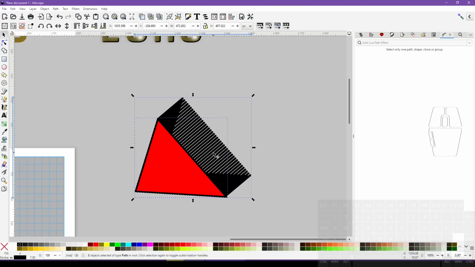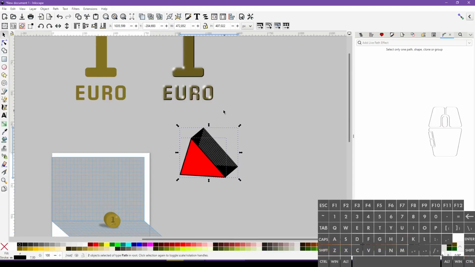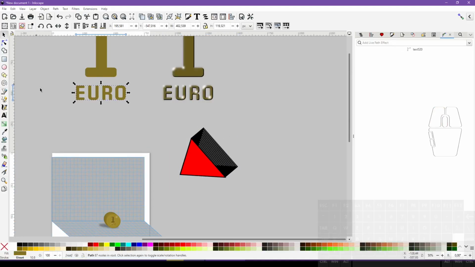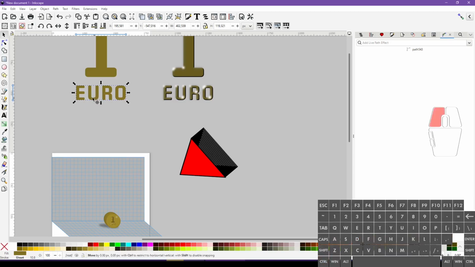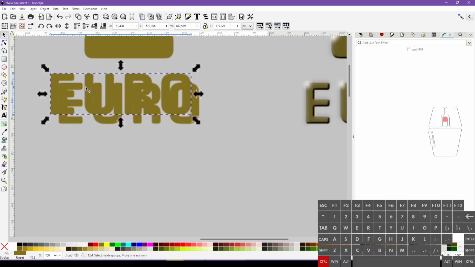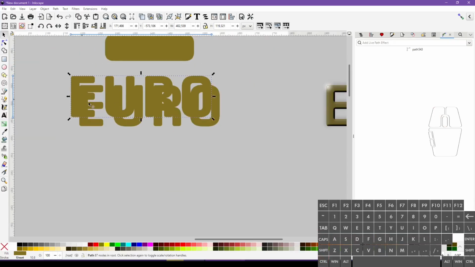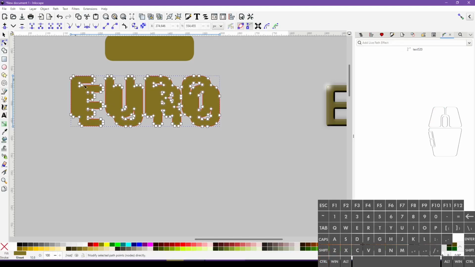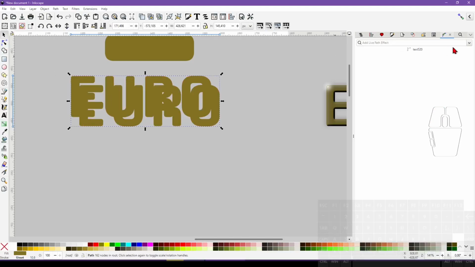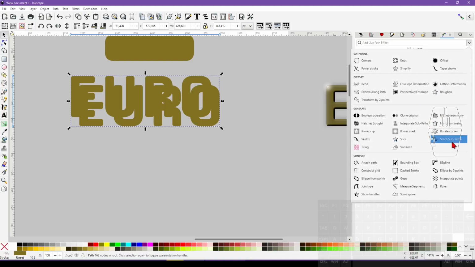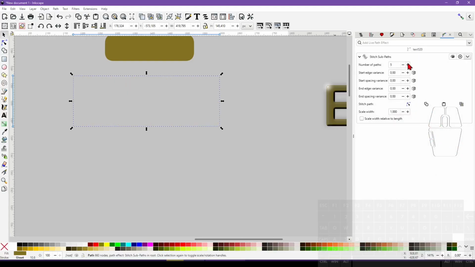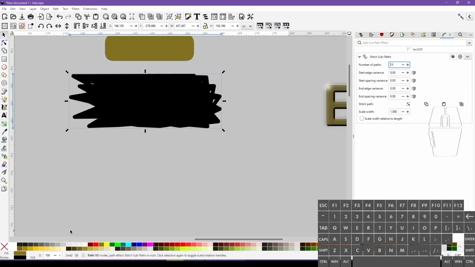Because it's quite fragile, and when you have more complicated paths like here, especially when you have more than one path inside. Let me just show you. Combine. Now we have two paths here, and stitch, and you got big nothing